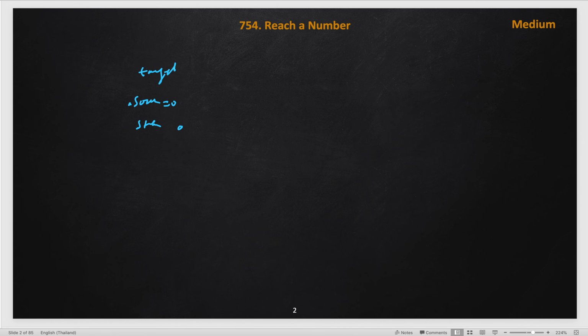We will make the target absolute, because it doesn't matter. Even if the target is negative, we calculate the number of steps for the positive target and that will be the same.